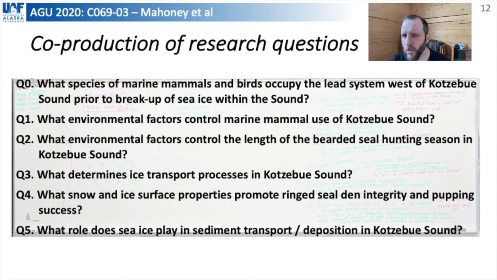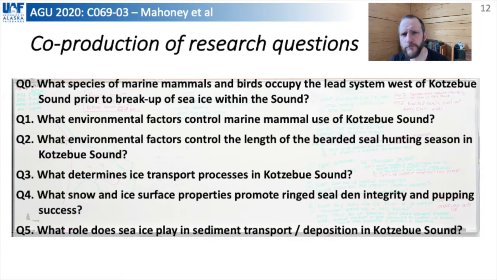I won't go over all the questions in detail, but I want to draw attention to the holistic nature of these questions that touch upon sea ice, ecology, and human activities. Each one could be broken into separate questions concerning ice physics, climate, marine mammals, coastal processes, navigation, and hunting practices. But instead, by framing each question from a community perspective, we made connections that would have been unlikely to identify without guidance from our advisory council. It also helped ensure that our findings are relevant to the community of